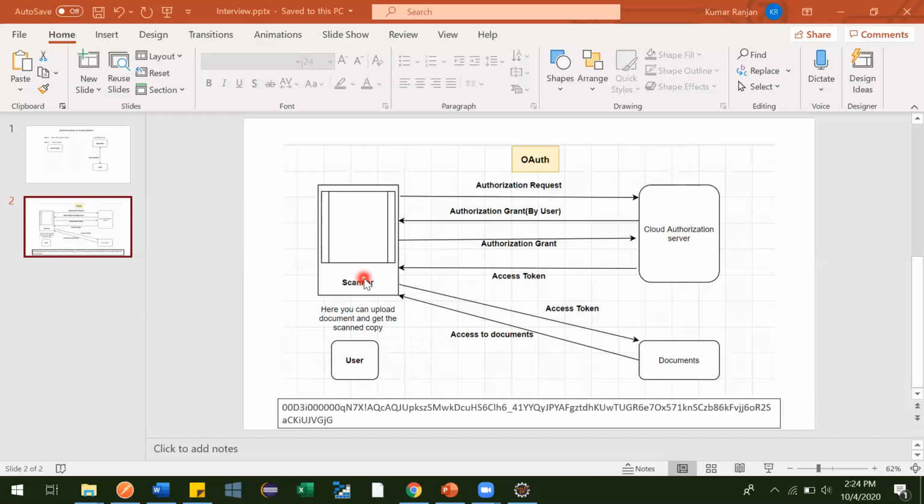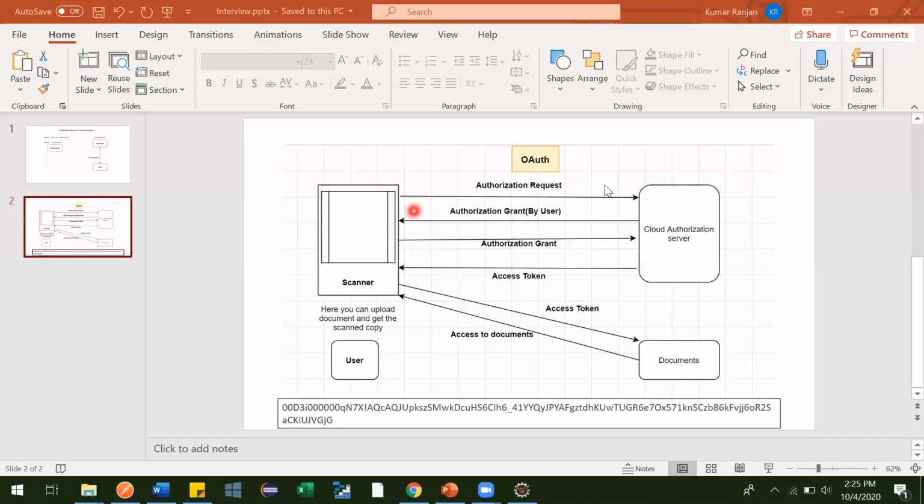So this scanner application has given some provision so that, directly, this application can access your documents on your behalf from Google Drive. But what will happen if this application wants access to your documents? Then you need to provide your credentials to this application.